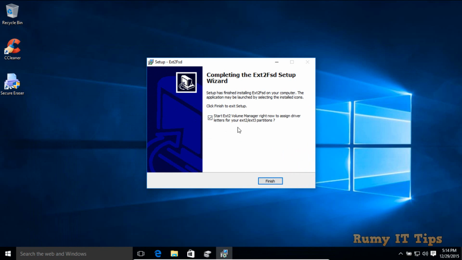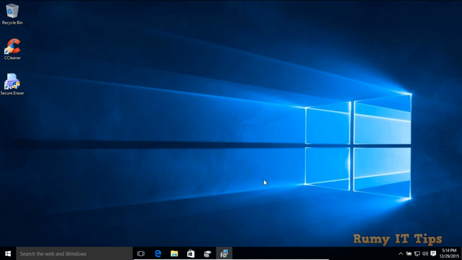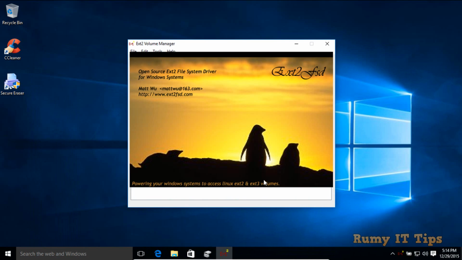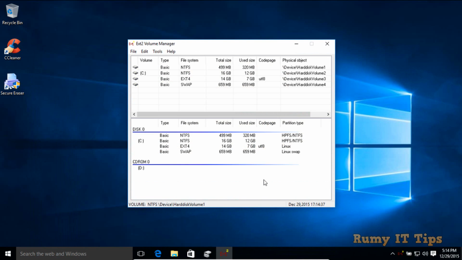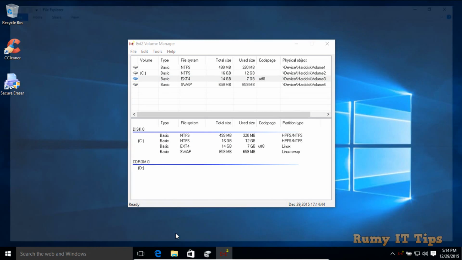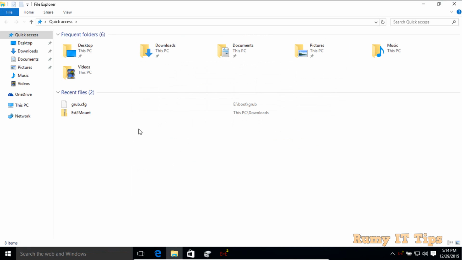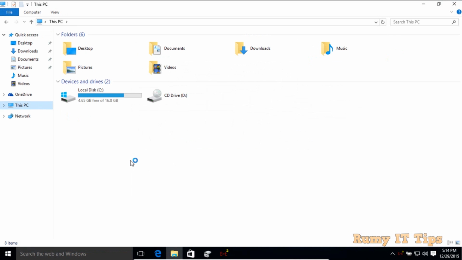Most of the time there is no need for any changes, and when you restart, it will become your drive letter. But in some cases it's not coming. As you can see here, it's showing the file extension, but the drive letter is not showing. If I open this one, still it's not showing to me.